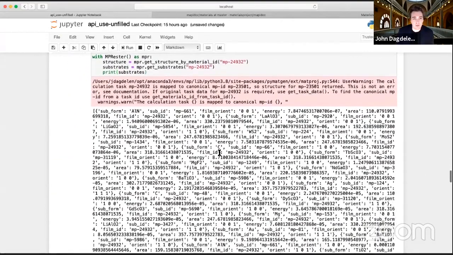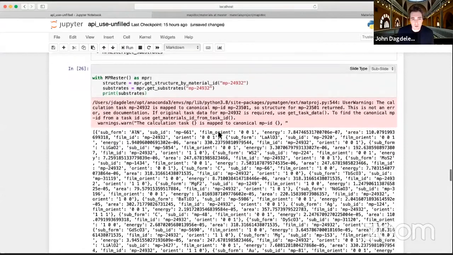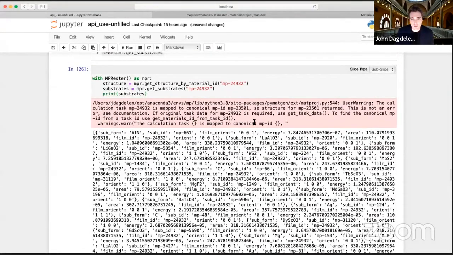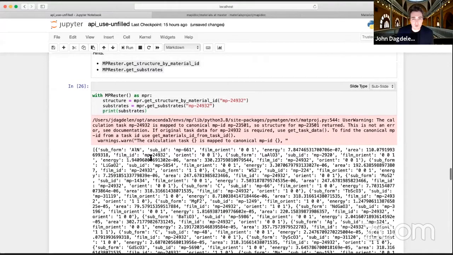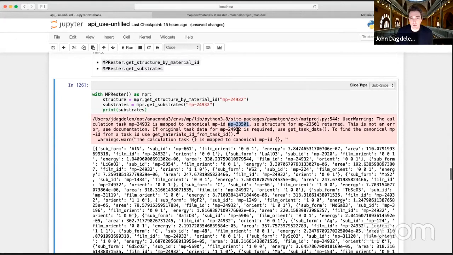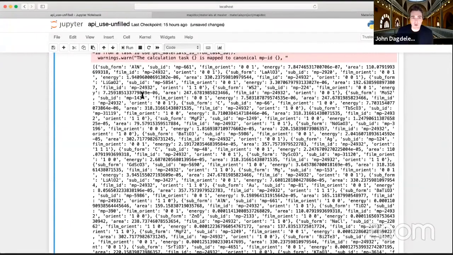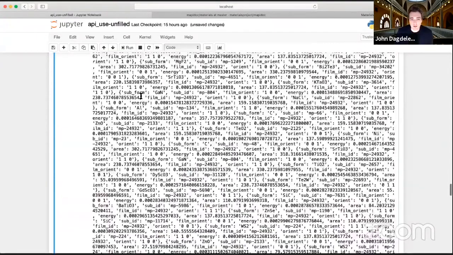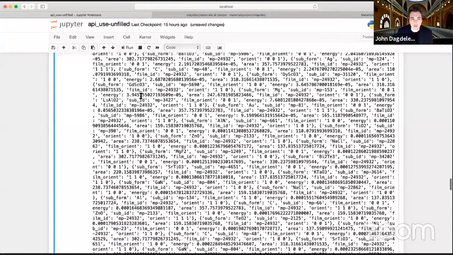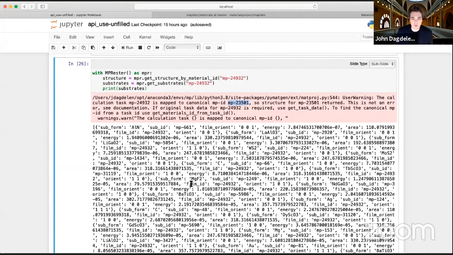Okay. So it looks like we got a warning that this calculation task is mapped to the canonical MPID. This might have been a case where one of our MPIDs has been changed because we have a better calculation, essentially. So this old MPID is being mapped to this canonical one, which is this new 23501. This is the MPID that we want to use in the future. That's why we got this warning here. And now we have a list of substrates. This is kind of hard to read, but it is a list of substrate objects that will help us identify which one we might want to use to